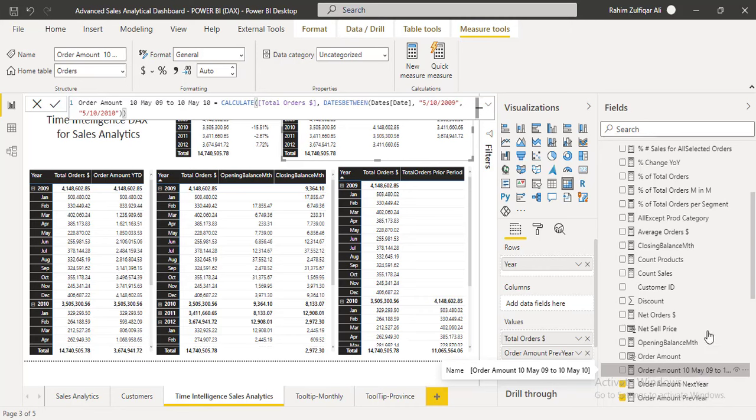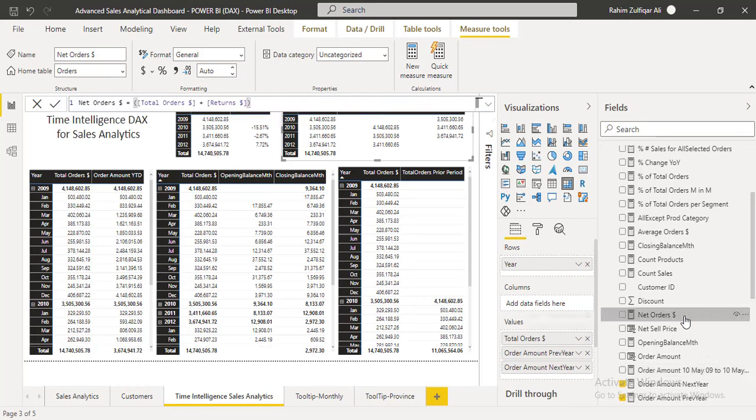For example, if you want to extract a certain amount from your own specific time period, there is a dates between DAX also available, so you can utilize that with the help of calculate. For example, in this we want the order amount from 10th May 2009 till 10th May 2010. So we have our own choice of dates, so we can use dates between in this particular explicit measure, right?